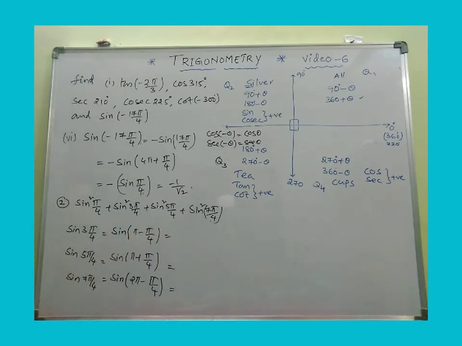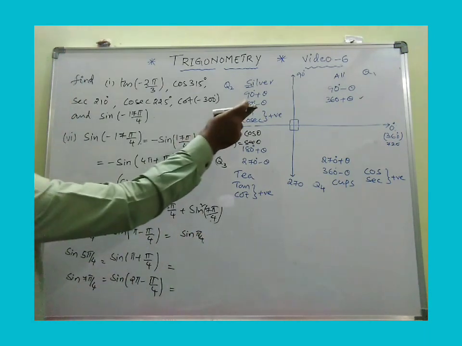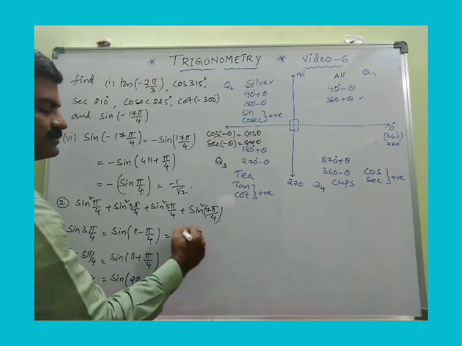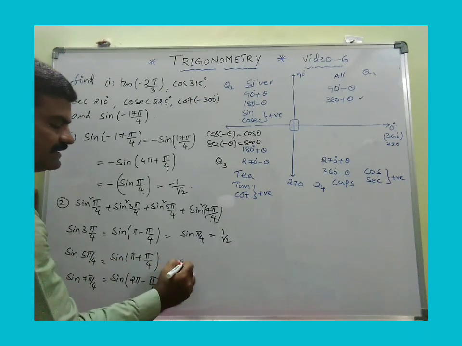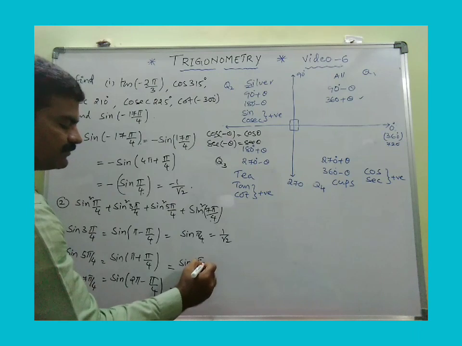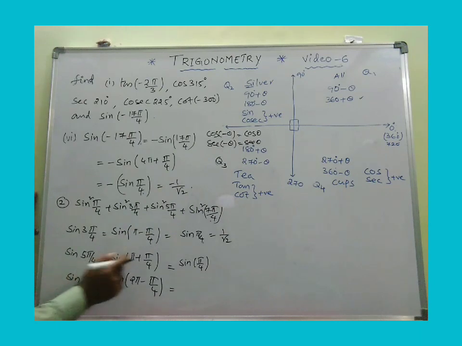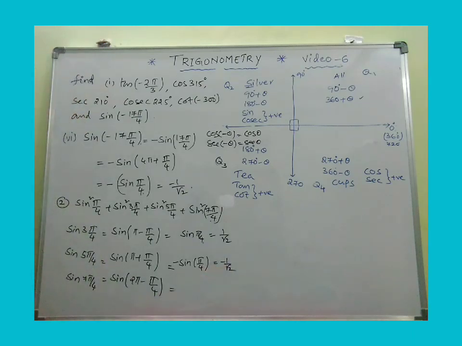Now, coming to the first one, it is just like 180 minus theta. Because of 180, sine is sine itself. No change. Sine pi by 4. And moreover 180 minus theta is the second quadrant. In the second quadrant sine is positive, so this is finally positive sine pi by 4, which is 1 by root 2. Okay, now coming to here also 180 plus theta, because of 180 sine is sine itself, sine pi by 4, no doubt, but 180 plus theta is the third quadrant, where sine is negative, hence I take minus sine pi by 4, which is minus 1 by root 2.